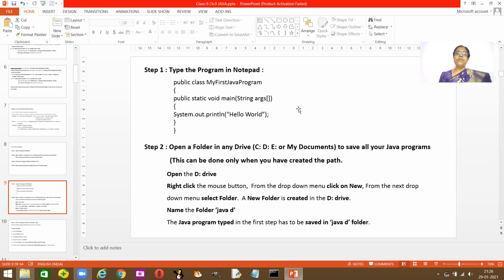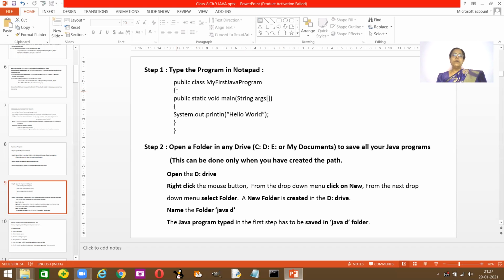As I told you, if you want to name your program, you can't make everything in capital letters, and you can make it in small letters, but you wouldn't be able to differentiate between the words. So M, I put it as capital. If I want to use even first, so F is capital, Java program. So there are four words actually. My First Java Program. So all the first letters of each word I put in capital. M capital, F capital, J capital, and P capital. So public class, this is my class name.